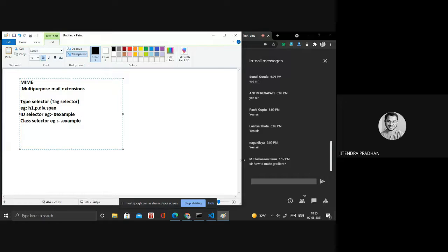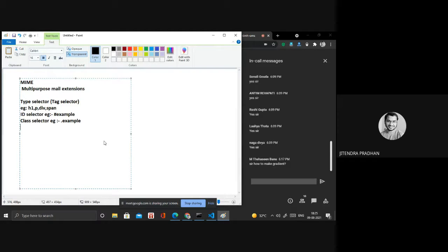Today we are discussing selectors. Tomorrow I will tell you about color, and how we make gradients, linear gradient and radial gradient. Okay, not to worry about that. So next we have to discuss other selectors. I have already done three selectors. Next we are discussing the other selectors that are there.